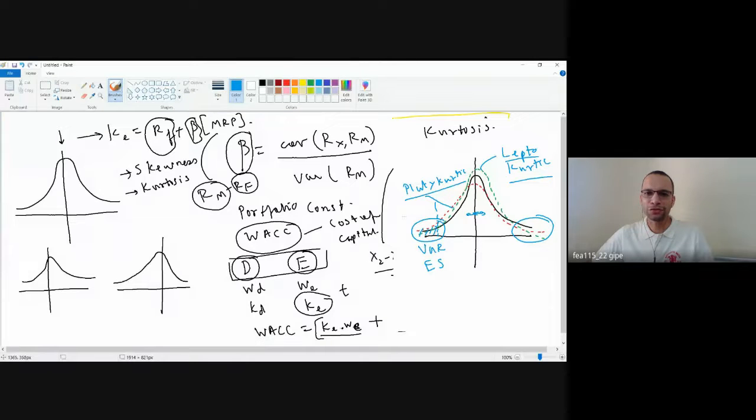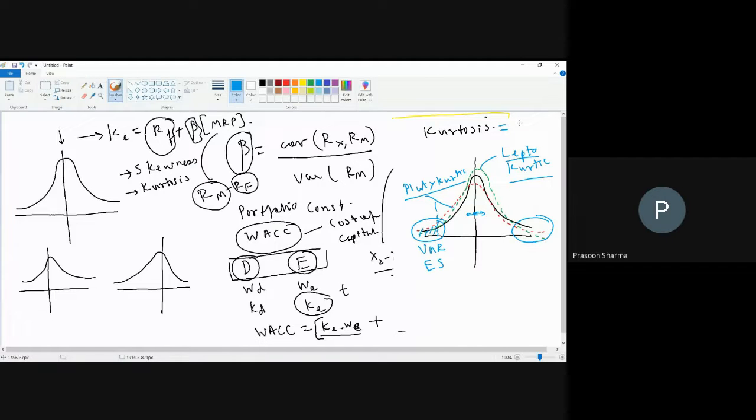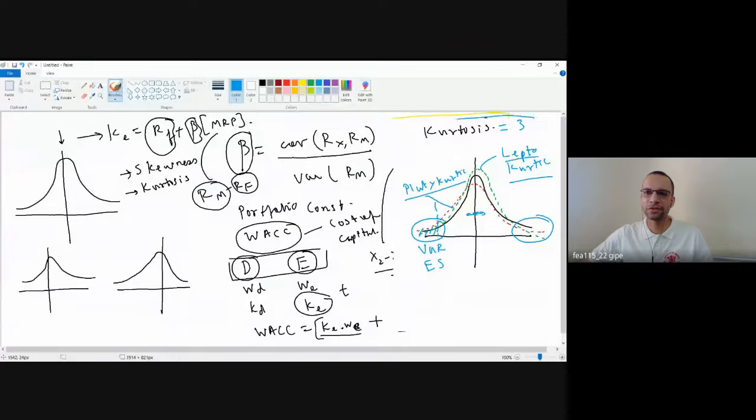Also, what's the kurtosis for a normal distribution? 3. Very good. Yes, 3 is the kurtosis for the normal distribution, which is the black colored line here. There is also a concept which you call excess kurtosis. So when someone says that excess kurtosis is 2, that implies it's a leptokurtic distribution, and 5 minus 3 is how you arrive at 2. That's what we call the excess kurtosis. Many times people won't say the kurtosis is 3 and then calculate the excess, but they'll generally say this is the excess kurtosis.